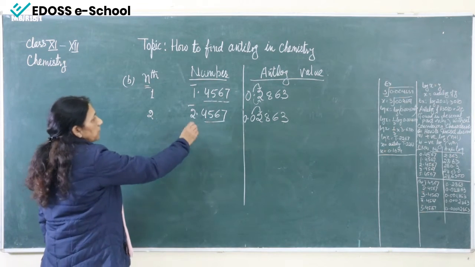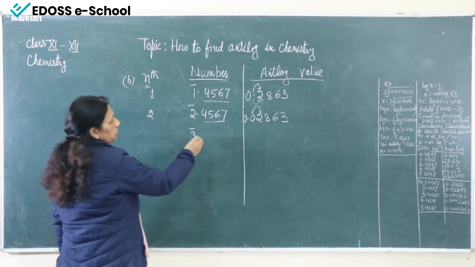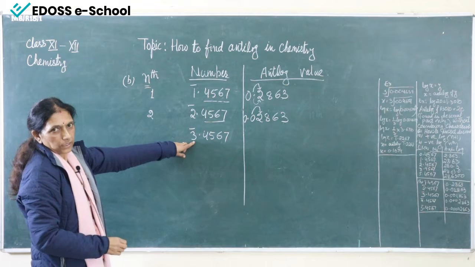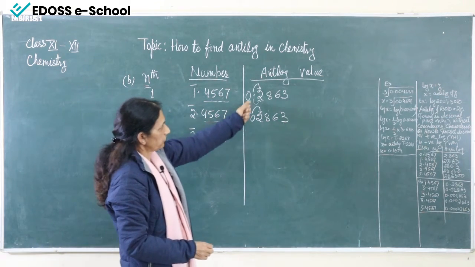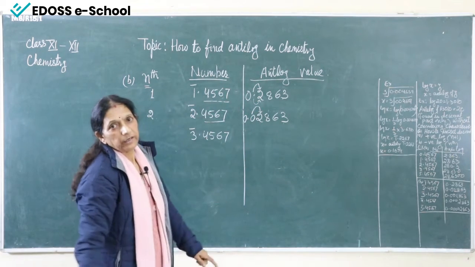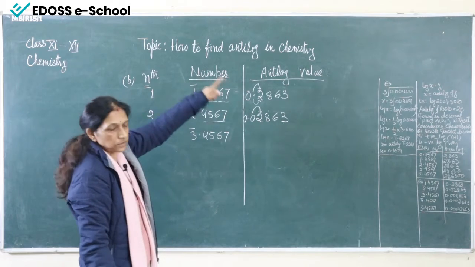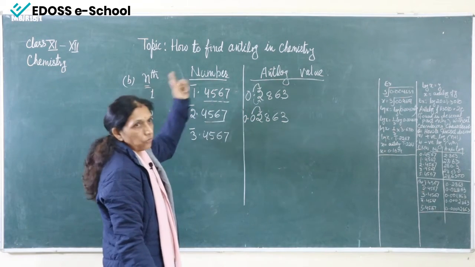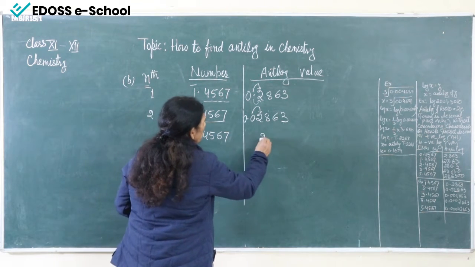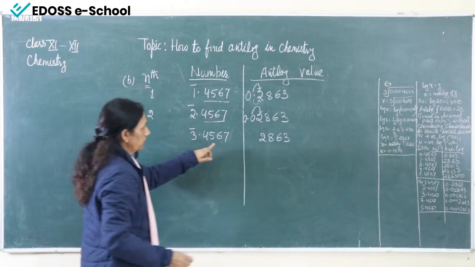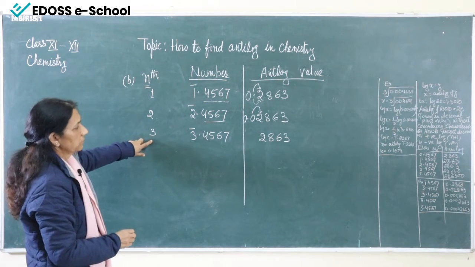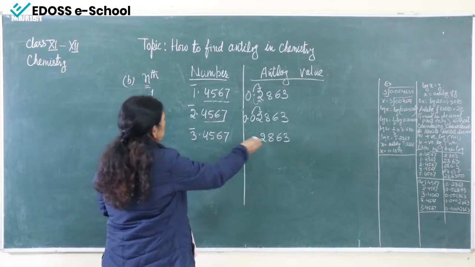Okay. Now, if same number, this is 3 negative. For positive, the decimal will go right hand side, and for negative numbers, this decimal will move towards our left hand side. Okay. So, this is 3 bar. So, value will be same 2, 8, 6 and 3. Now, this is 3, so the value of n is 3. So, I have to insert decimal at third place.